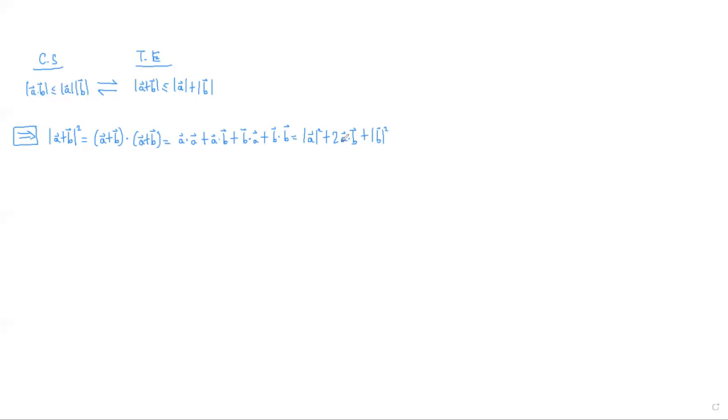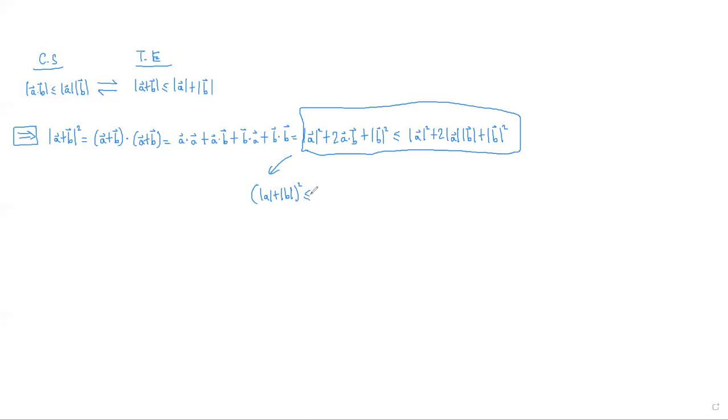Now using the Cauchy-Schwarz inequality, this is less than or equal to |A||B|. So I'll say this is less than or equal to |A| squared plus 2|A||B| plus |B| squared. So I didn't change the other two terms. They're the same. I only considered the middle term. And now if you only consider this part, that is actually just |A + B| squared, and it's less than or equal to